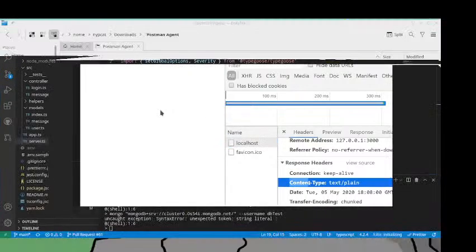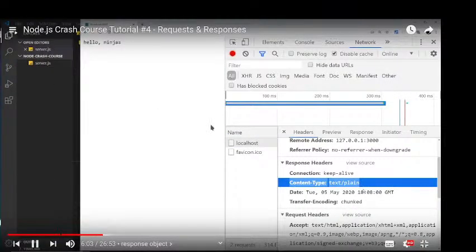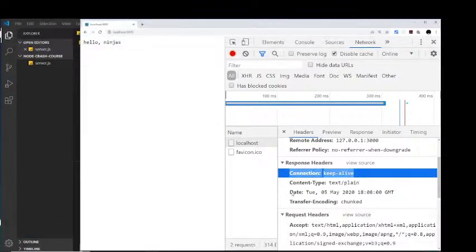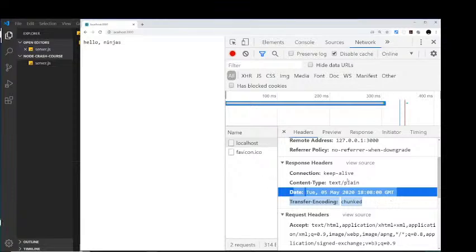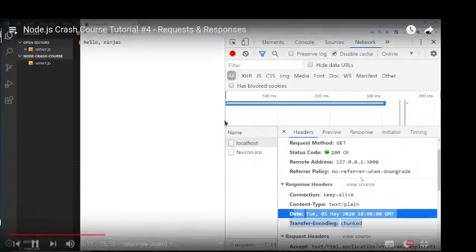are right here, and you can see this is the one that we've set the content type, but we also have these ones automatically set as well. Now there are other response headers that we can set manually, and we might see some of them later on, but for now this is enough. So